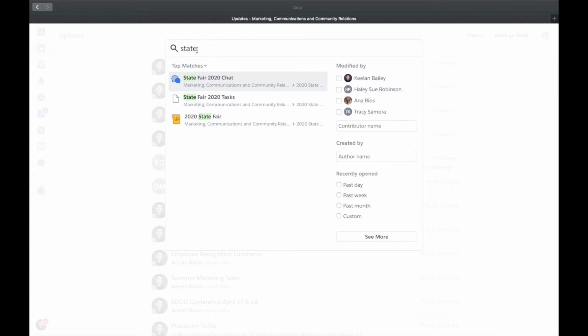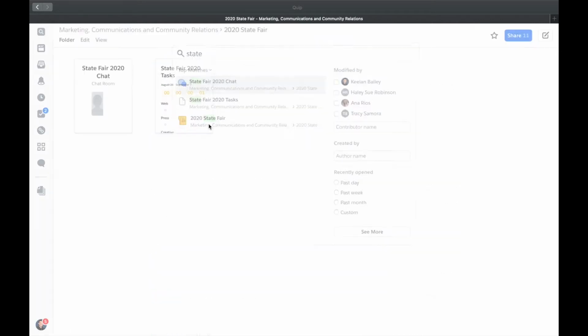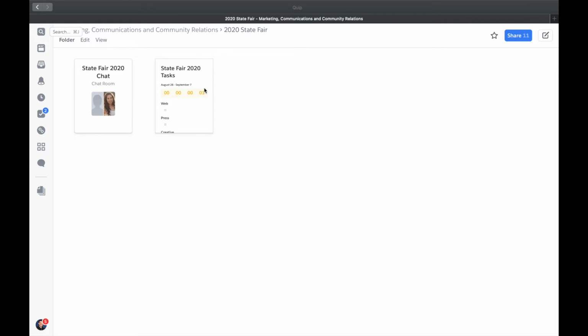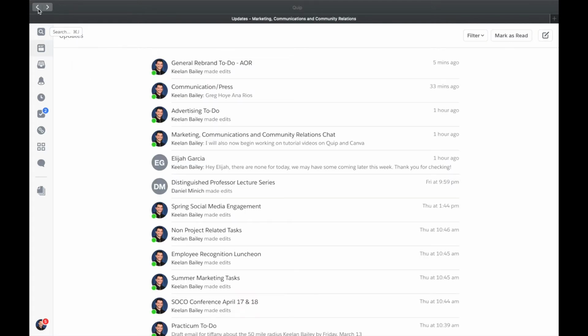So we can type in state and we get the state fair chat, the tasks list, as well as the folder. And you can click on any of these and it will take you right to where you need to go. And we're going to just use the back arrow up in the top left corner just to go back to where we were. Next, we have the update section, which is what I said would be the first thing